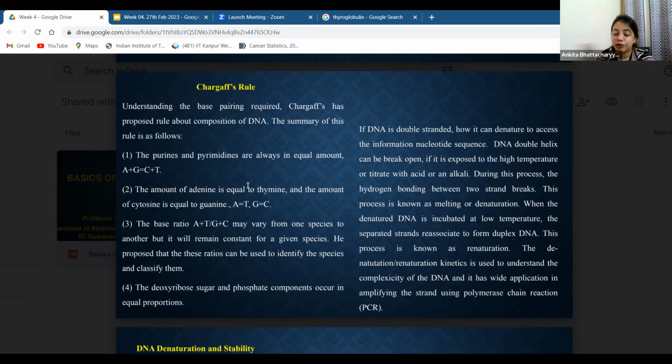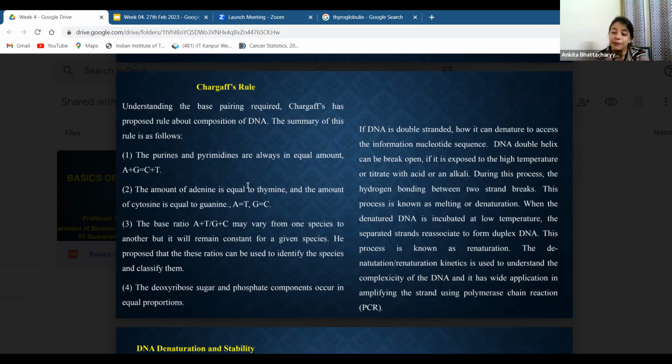And the other way to go about it is to titrate it with an acid or an alkali. So during this process, this hydrogen bonding breaks, and that is effectively known as melting or denaturation. When it is incubated at a low temperature, what happens when you have this denatured DNA, when you again bring it to a lower temperature, which also happens during PCR, this lower temperature allows the hydrogen bond